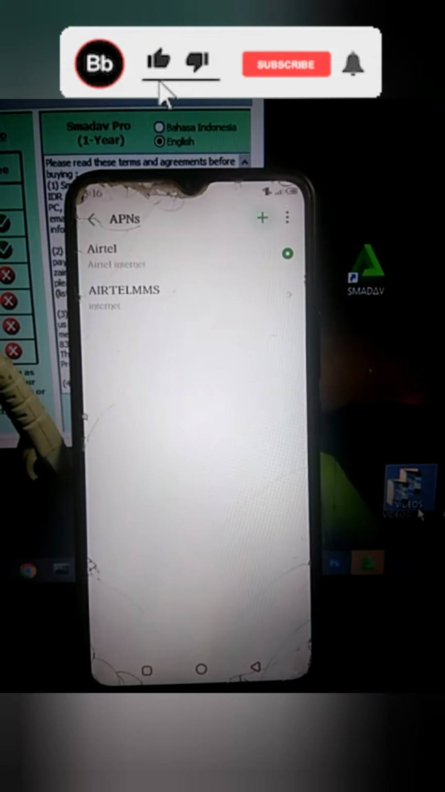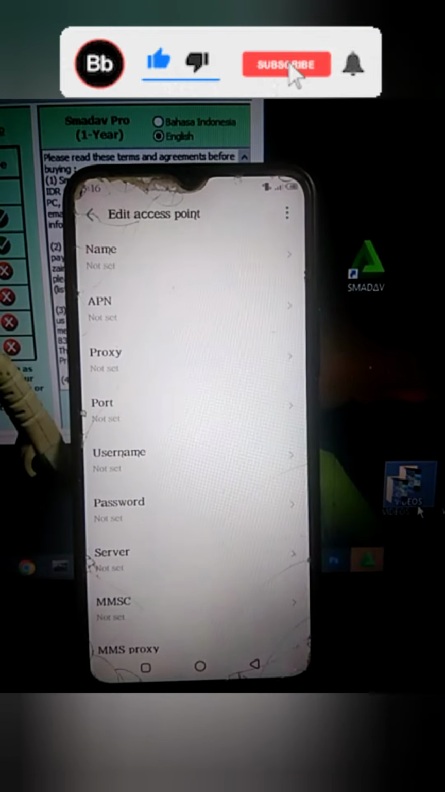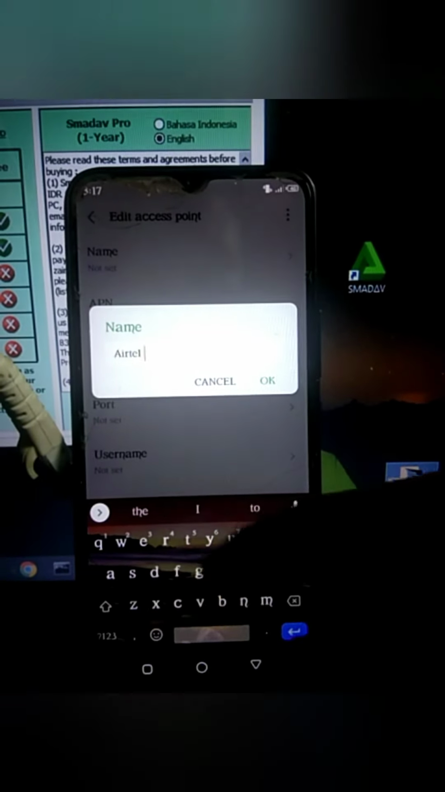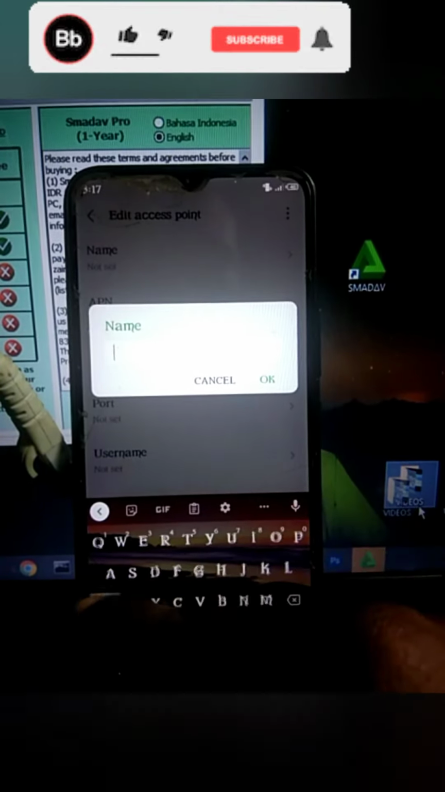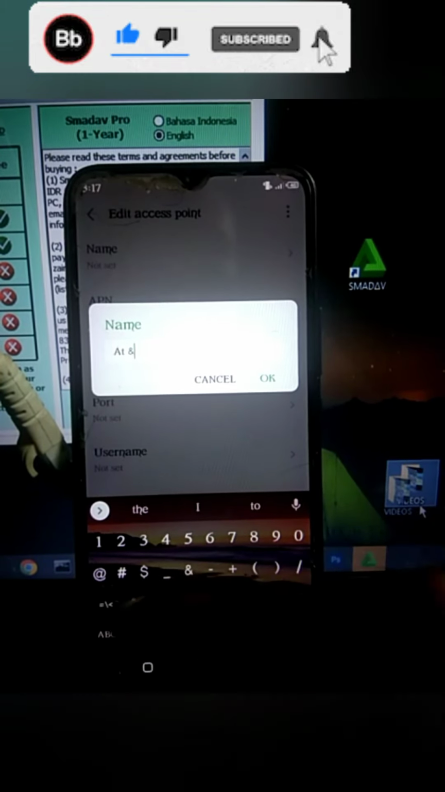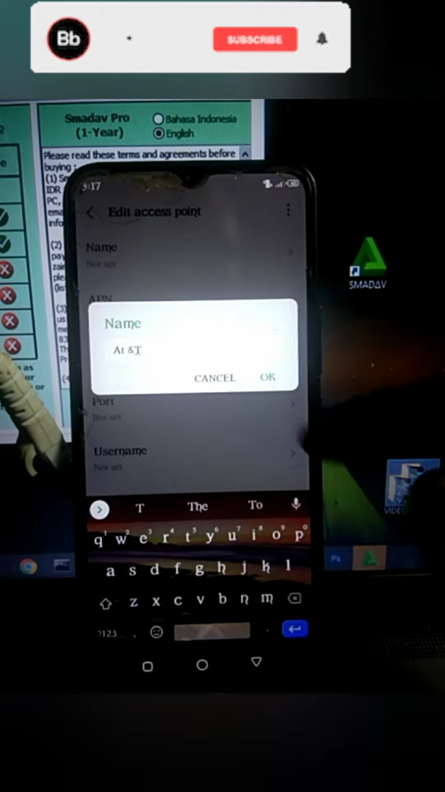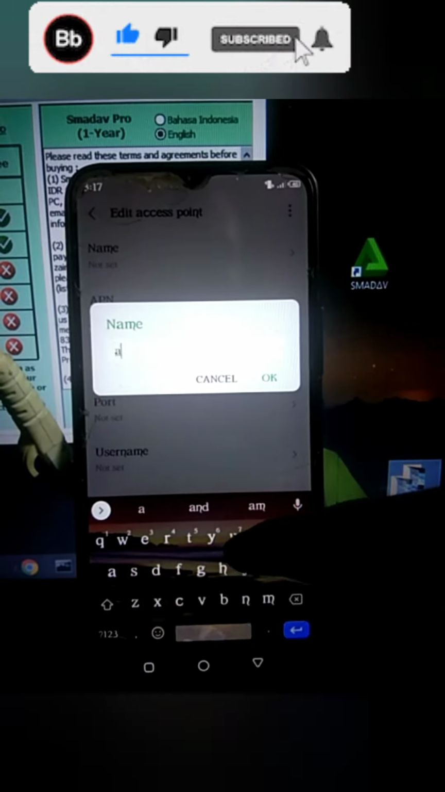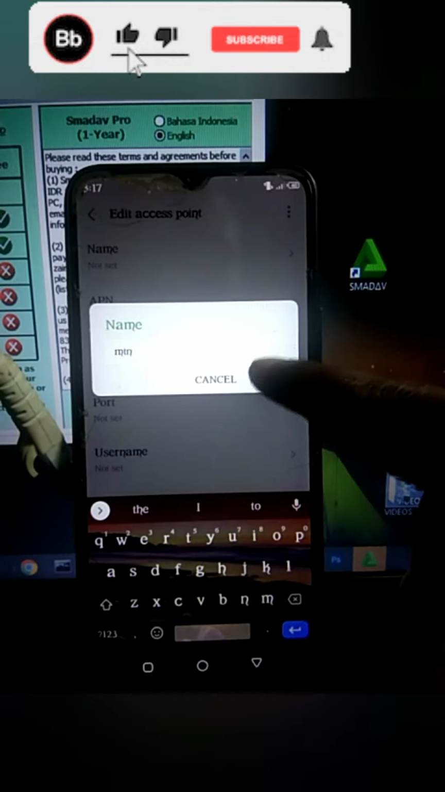And now we want to create a new access point name. I'll tap the addition sign. Probably it may not be an addition sign on your device. Now select the name, and here we are going to write the name of the SIM card. We shall be changing the name of a SIM card here, right here,